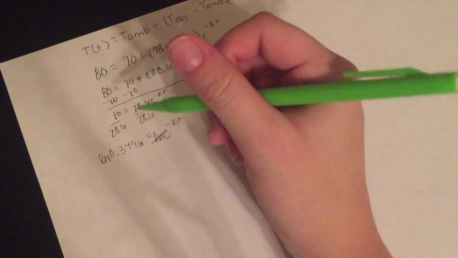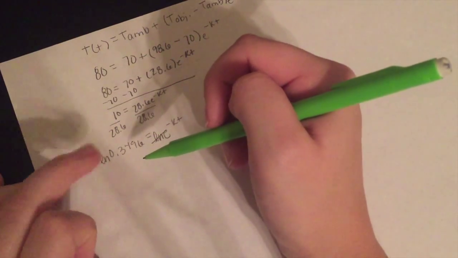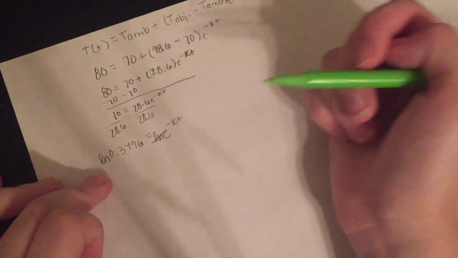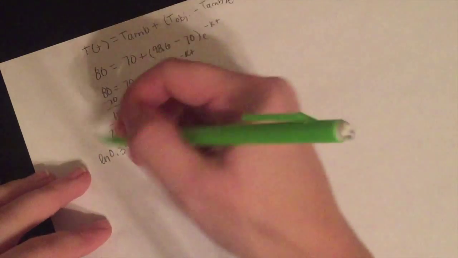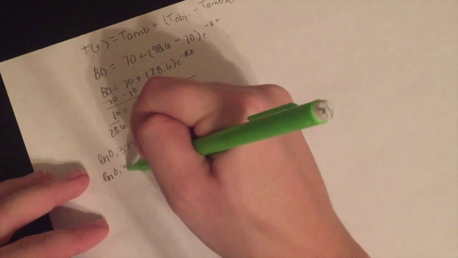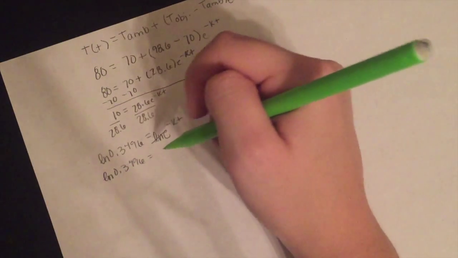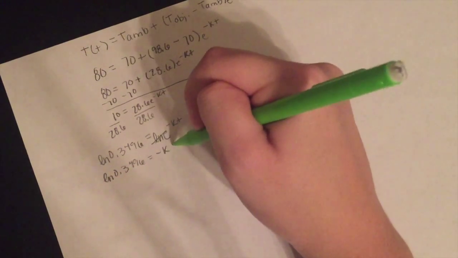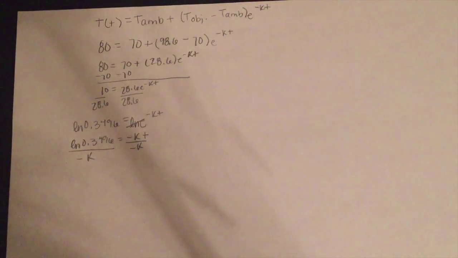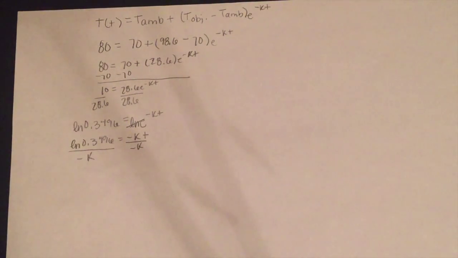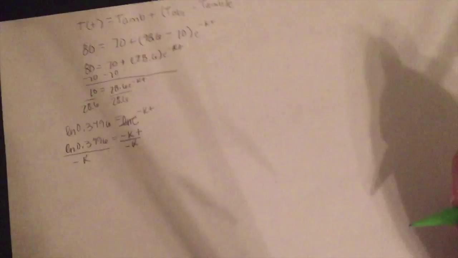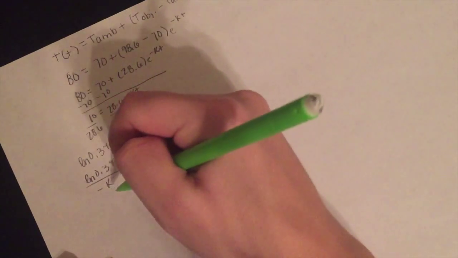We really don't need to find the ln of this just yet because that makes things a little bit confusing, so we're going to leave it like this, even though we'll have a variable later. So negative k times t. Then if we divide each side by negative k,